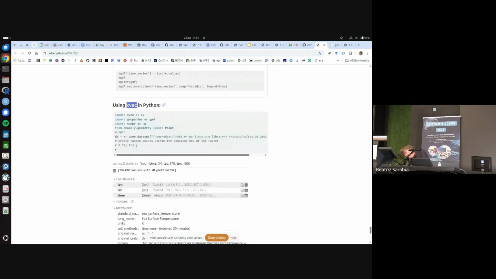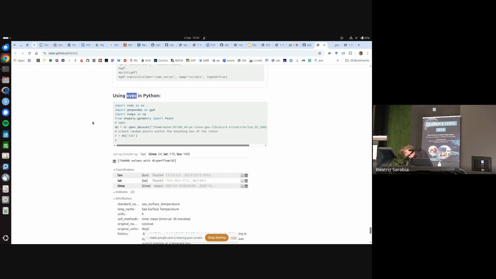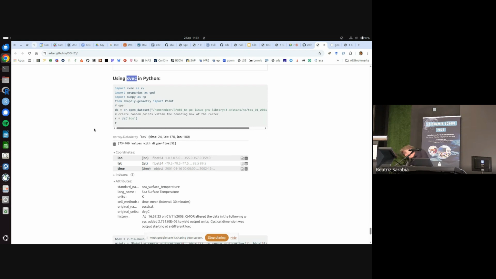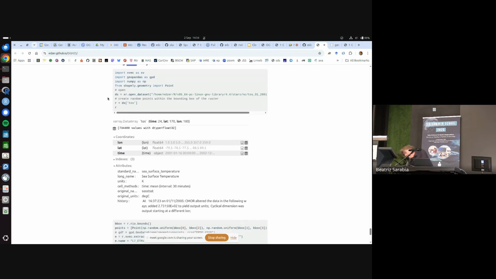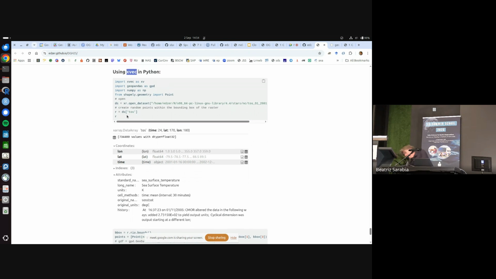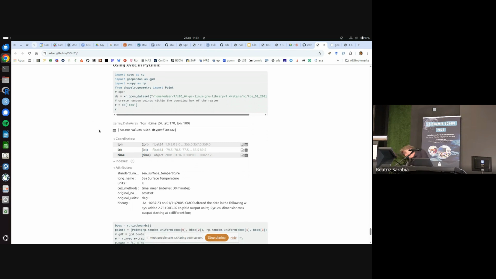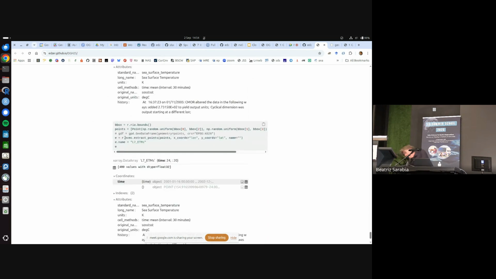Actually, that started when Martin Fleischmann and I were discussing vector data cubes while waiting for the trains when we came back from a meeting at ESA, over a beer, obviously. And he started this thing, and that kind of does that. And I'm now doing the same thing essentially with this array, except that I'm using the XVAC function, the exact function extract points that says the x score is long and lat. Create an object called E, and E then